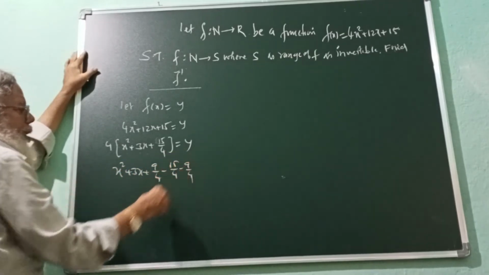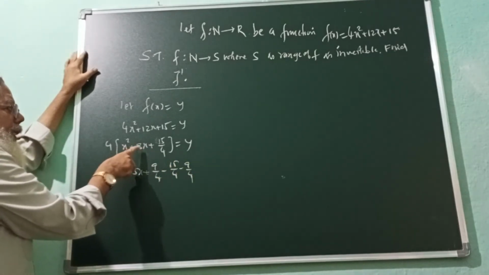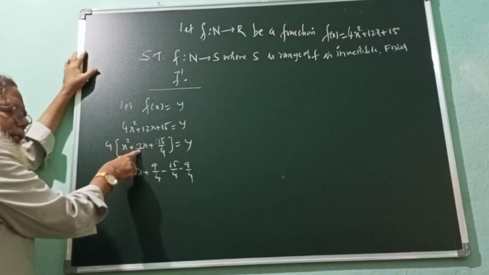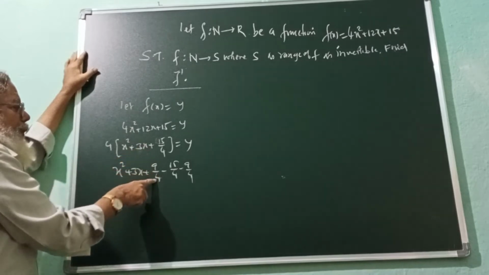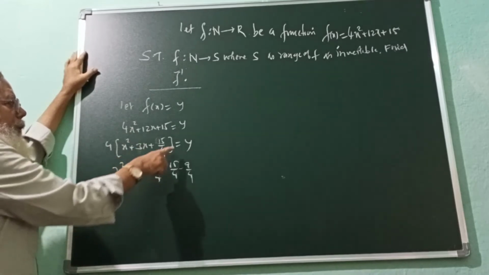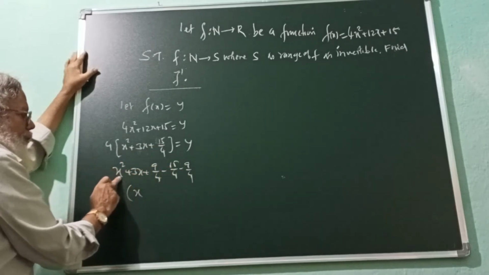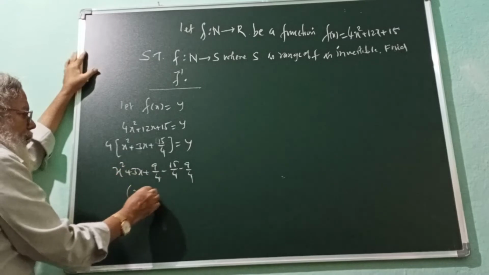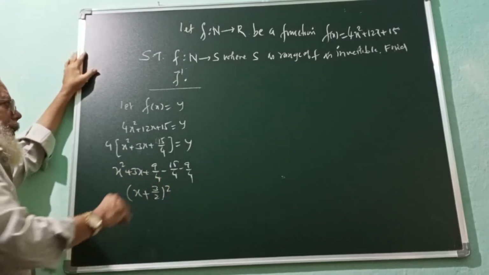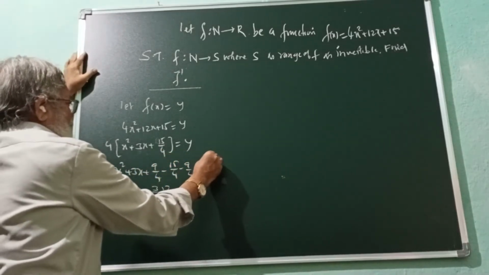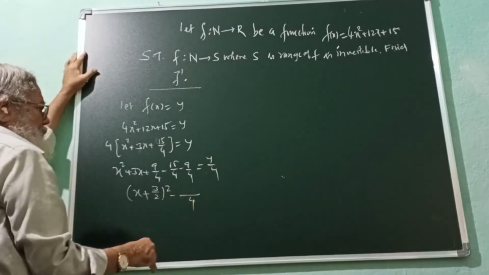Look here how we have done. We have taken the coefficient of the first degree term, divided it by 2, and taken the square of that. Square of 3 by 2 is 9 by 4. Write it in the third place, subtract it in the last place. The first 3 terms always give a perfect square: root of first, sign of second, root of third, whole square. And that is equal to y by 4. Now if you take LCM, 4 is the LCM.